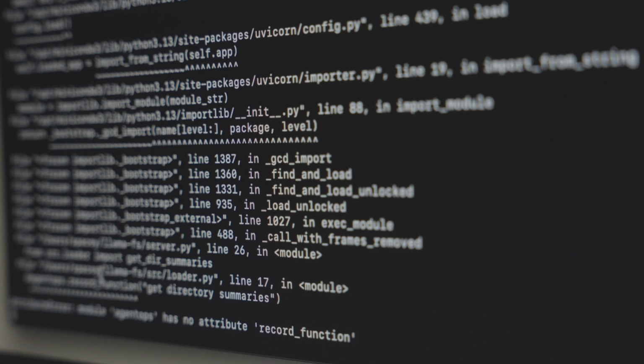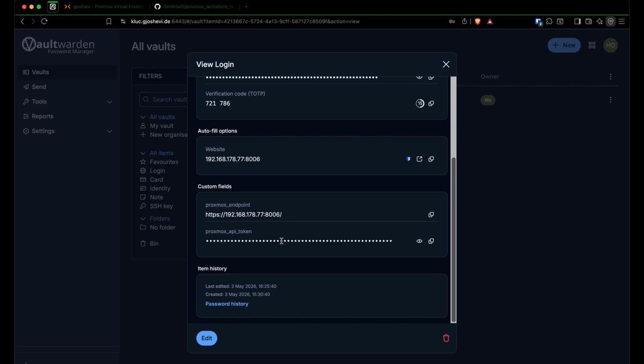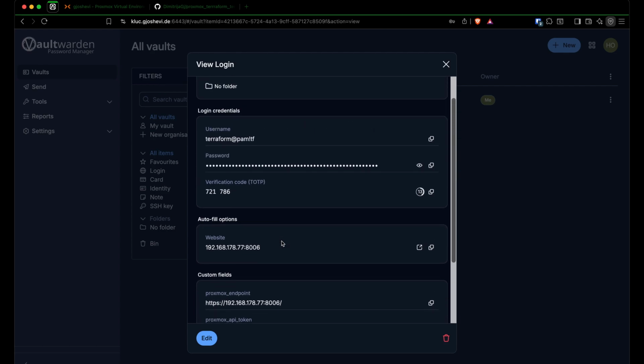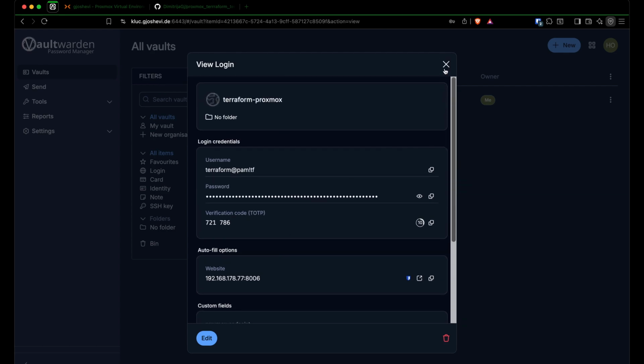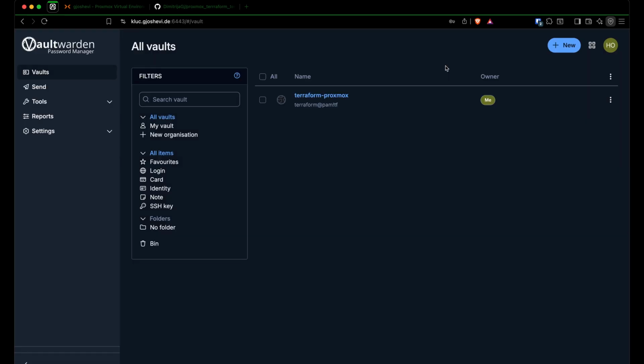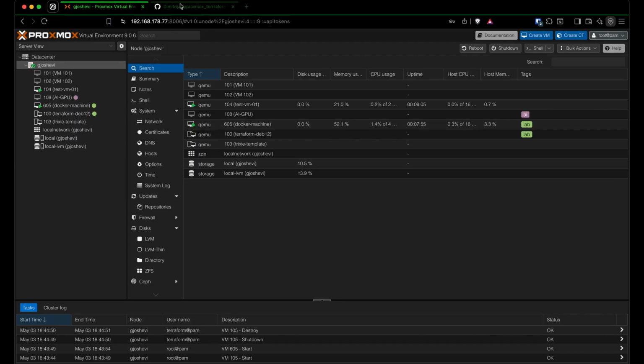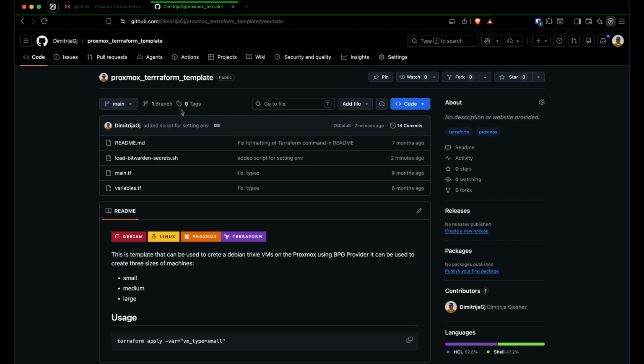The secrets are stored in Bitwarden, and a bash script is used to load them into environment variables before Terraform runs. This way, Terraform can use the required values only when needed, without hard-coding sensitive information or committing secrets to Git. In this video, I'll walk you through the idea, the setup, and how everything works together to create virtual